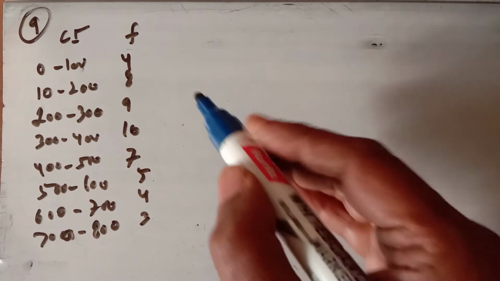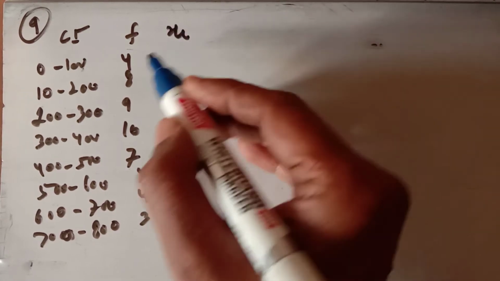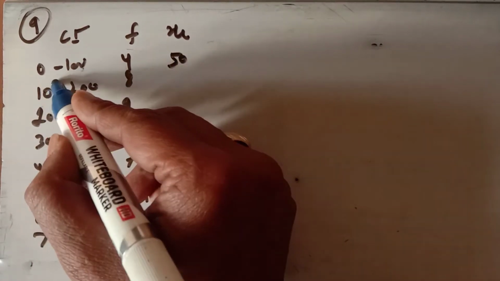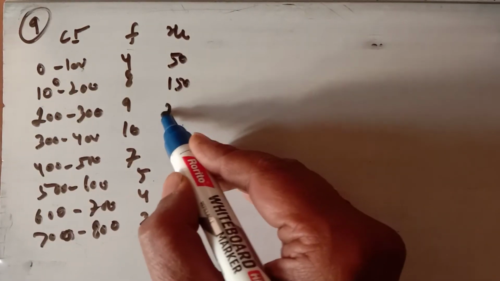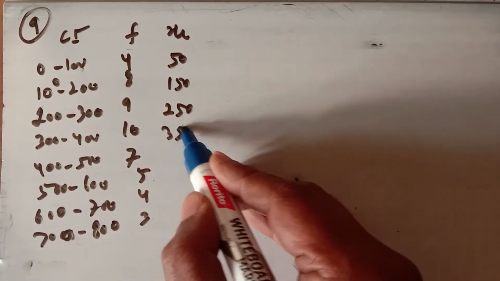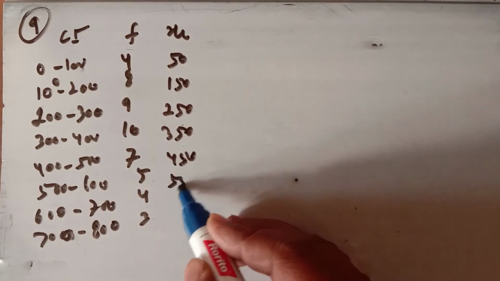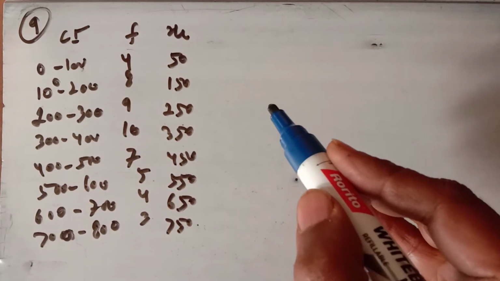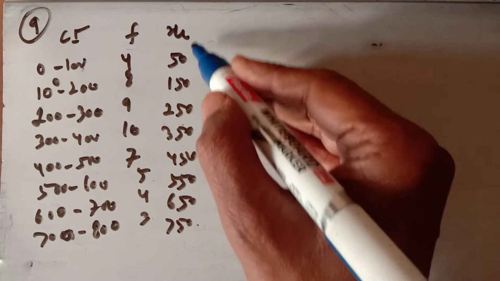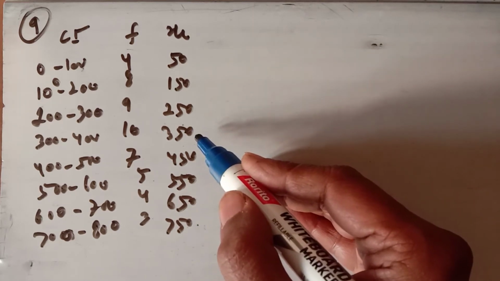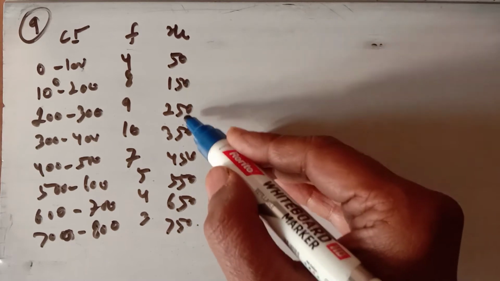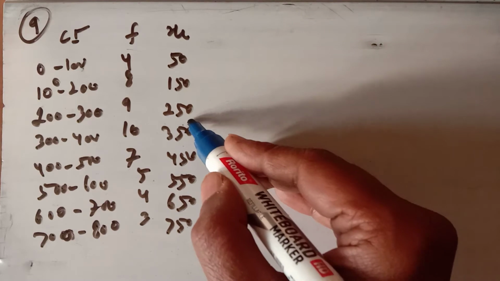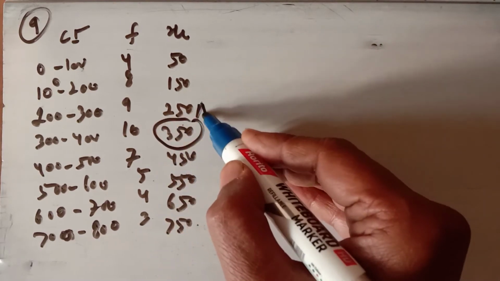Now to find the mean, first of all you will find the class marks, and the class mark is lower limit plus upper limit upon 2, that is 50. ये हो जाएगा आपका 150, then 250, then 350, 450, 550, 650, and 750. So we find the mean by the shortcut method. In that you have to find the assumed mean. तो यहाँ पर आप assumed mean. You can take the assumed mean here as either 350 or 450. So this is the assumed mean.